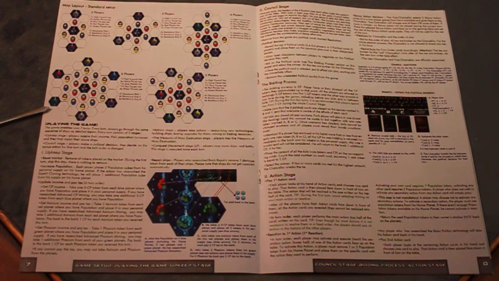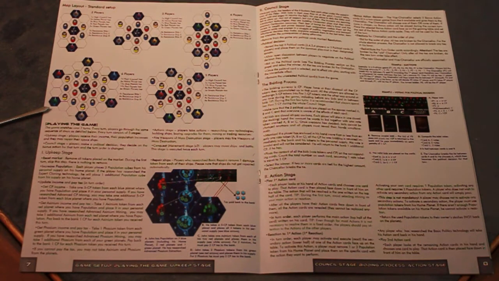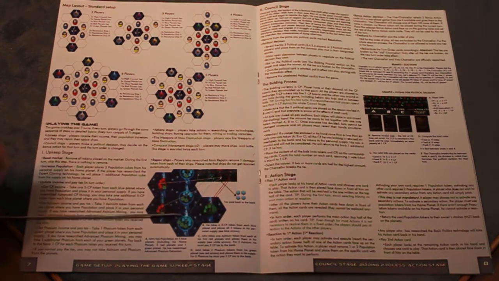Repair ships. Players who research basic repairs remove 1 damage token from each of their ships. Please note that ships do not get repaired automatically. As an example,